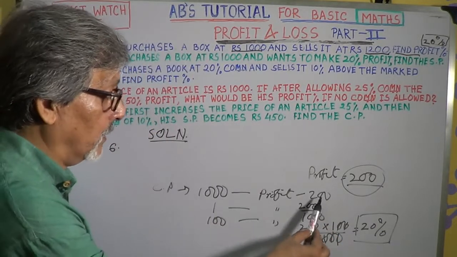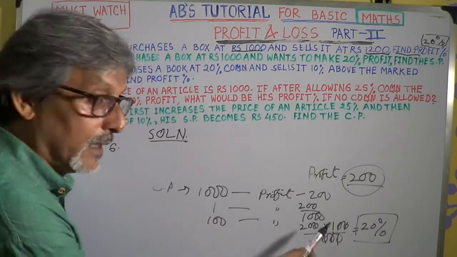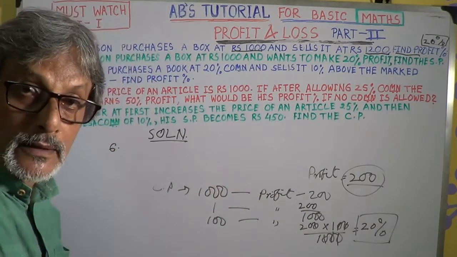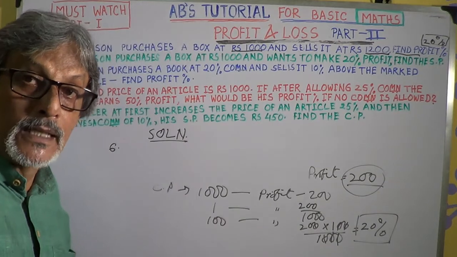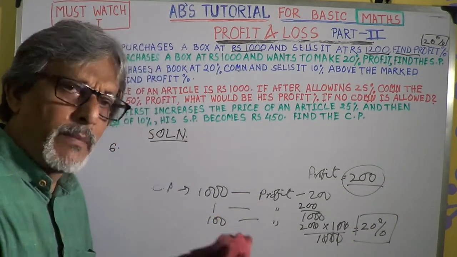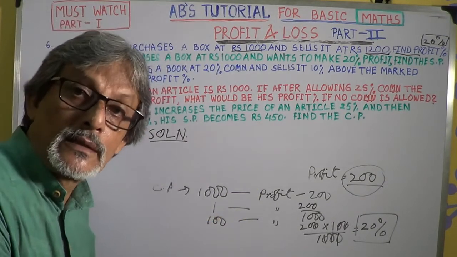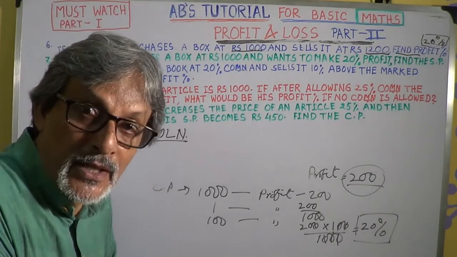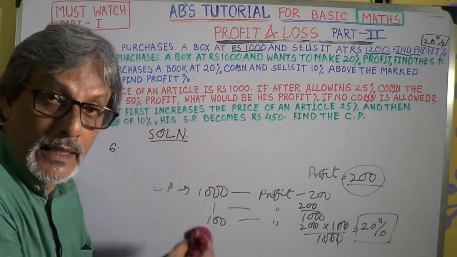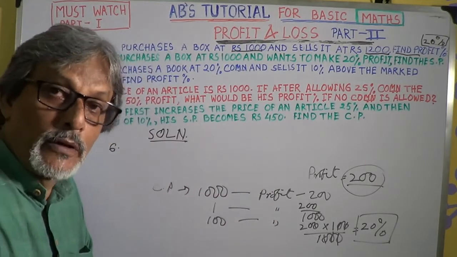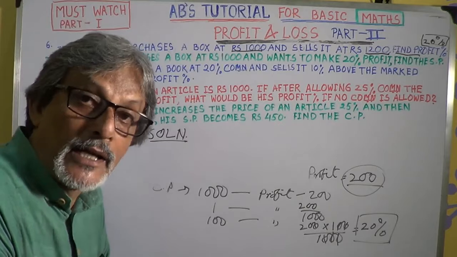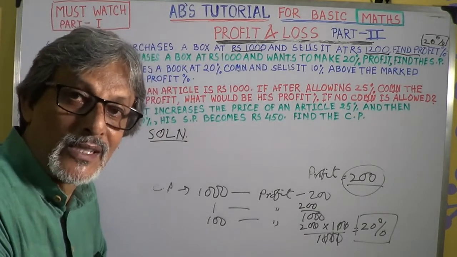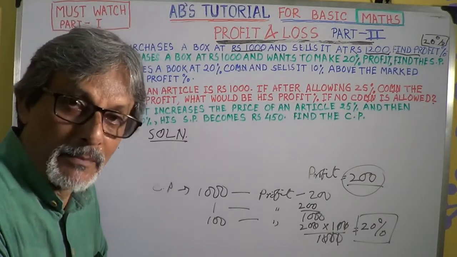So CP, profit 200, 1 and then 100, the unitary method. So we can easily skip so many steps. We need not follow all these things, because in your competitive exams, as I have already told you, they may ask you to work out 50 sums or 60 sums, and you are allowed to use only 15 to 20 minutes. So if you go on practicing in this way, writing each and every step, and don't do anything mentally, this will kill your time and you won't be able to attempt all the questions given in the exam paper.